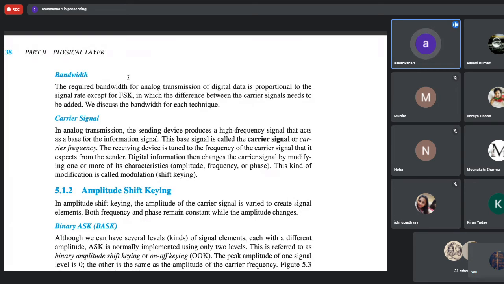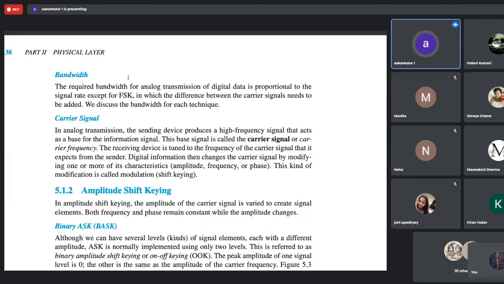Because that 98.3 megahertz is assigned to only one particular channel for transmission, and my receiver should be able to receive that frequency only. So if my receiver is tuned for 98.3 megahertz, then only you can listen to that channel. Otherwise you are not able to listen. If my mobile device or my radio device which is receiving the frequency is tuned to some other frequency, then it will only hear the signals which are transmitted over that frequency range.